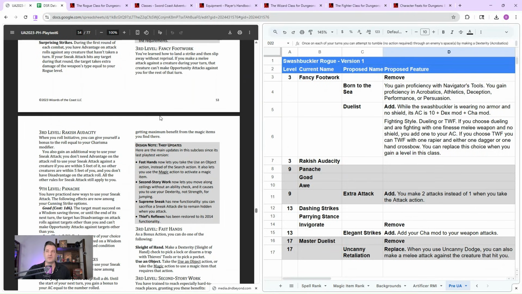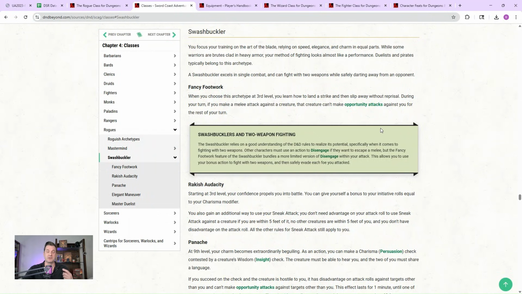It's easy to use and convenient, but first of all, in this version or in the 2014 one, it doubled down on a feature that the rogue already had, which is Cunning Action to take a Disengage, right? So what this did was allow you to essentially more or less disengage without spending your bonus action, which made a lot of sense. And if you look at the first version of the Swashbuckler, which we got in the Sword Coast Adventurer's Guide, they explained their reasoning for this.